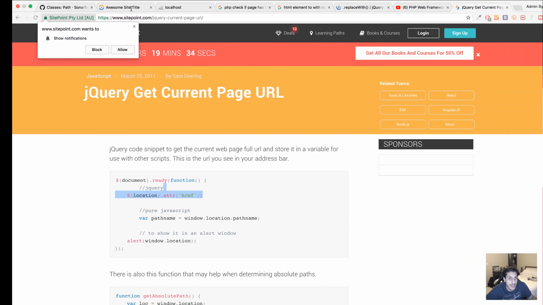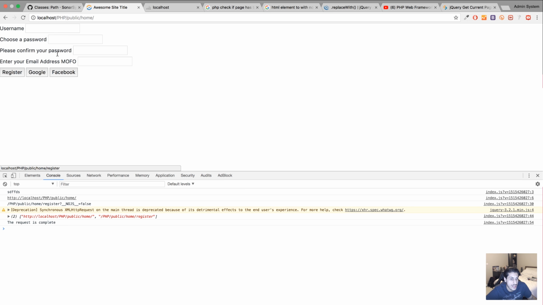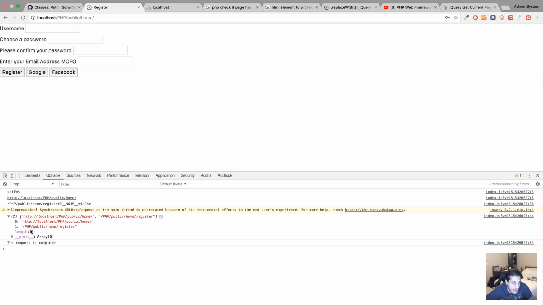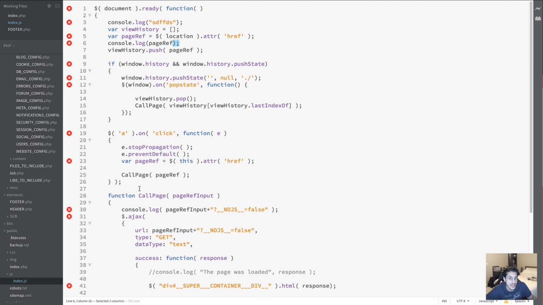So if I save that now, and if I were to go back, it's got it. If I click register, what does it have? Okay, doesn't quite have it because of that. I don't want the entire URL. I only want the part of it,